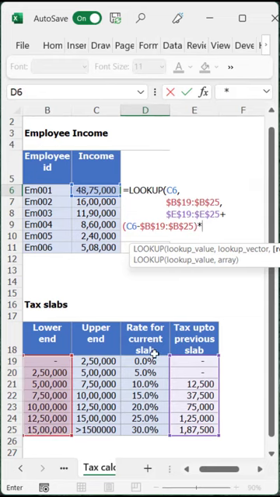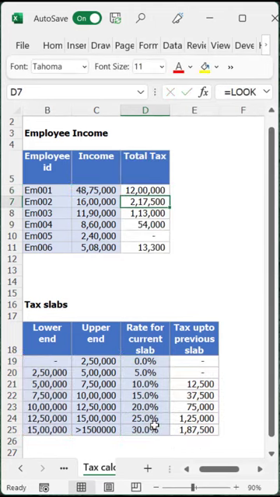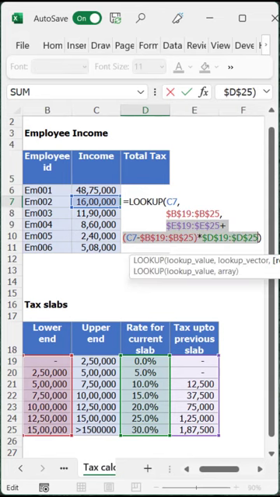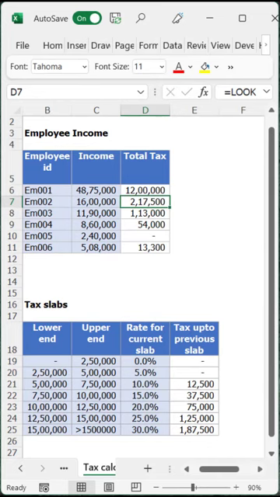Again, I'm going to select the entire range. I'll close the bracket here, and you'll notice that I've got the answer. VLOOKUP cannot handle it because in a VLOOKUP you have to give the column index number. So that means in a VLOOKUP approximate match you can't perform complex operations like what we are doing with the LOOKUP function, but we can definitely do far more with the LOOKUP function.